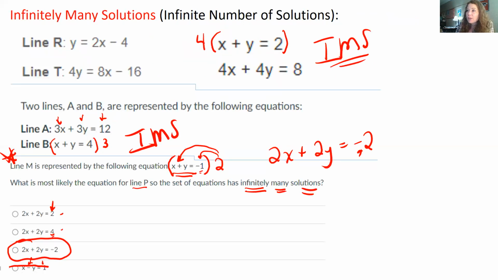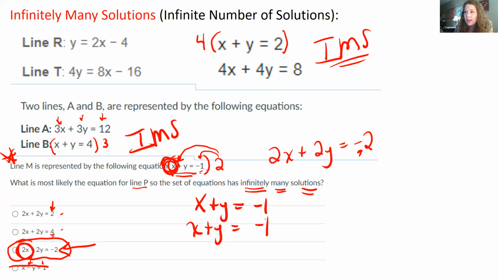So going back to this one, it looks like these two original equations have different slopes, but once I multiplied this entire equation by 2 and I saw that they are the same exact line, they really do have the same slope. Okay, I know that's confusing, but if I graphed my original equation,